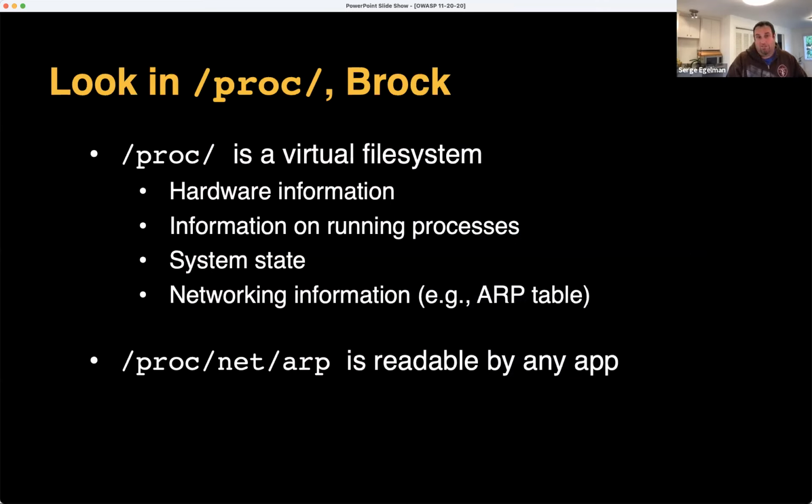One is looking at the file system. The proc file system is a virtual file system which has lots of potentially sensitive information that could be used to reveal private information about the user, such as location data. In this case, the MAC address of the upstream Wi-Fi router could be used to infer location data, and that's present in the ARP table, which is on the proc file system.